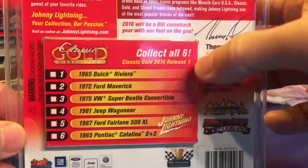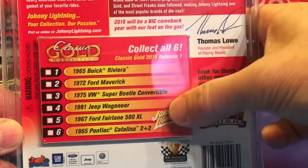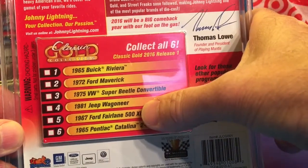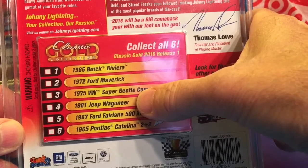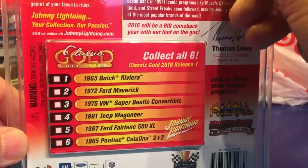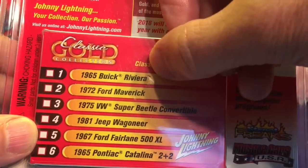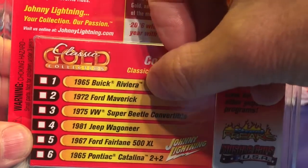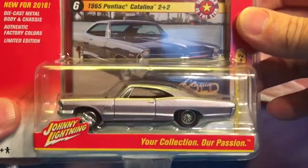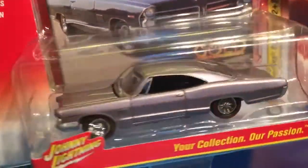I recall seeing, I think it was a Maverick and also the Fairlane, and I wish I'd picked up the Fairlane. Would have definitely picked up the Wagoneer, but they didn't have any of those. I can't imagine that would be in a peg warmer really. Would have also probably got that Riviera as well, although that's not my favourite Riviera. But there we go, a couple of Johnny Lightnings for your perusal, and these will be cracked at some point,